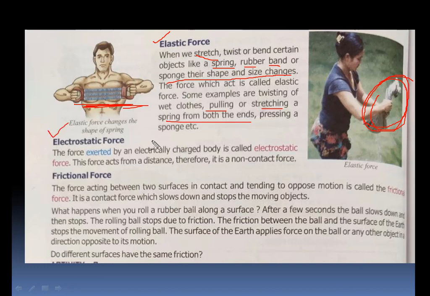Now, electrostatic force. A very small detail about electrostatic force is given here. The force exerted by an electrically charged body is called electrostatic force. So the body should be electrically charged. As I gave you one example earlier, when you comb your hair, the comb becomes electrically charged. That is why, whenever it becomes electrically charged, it pulls the small pieces of